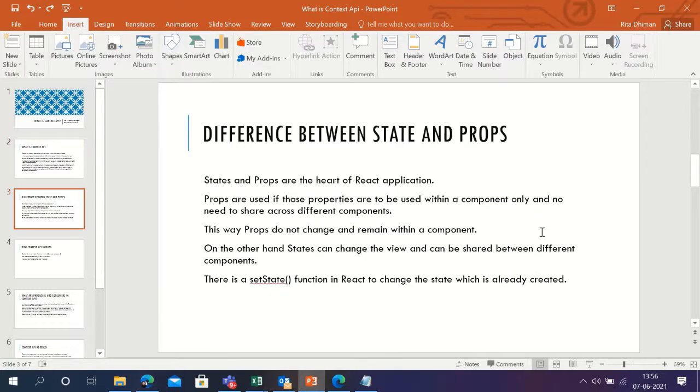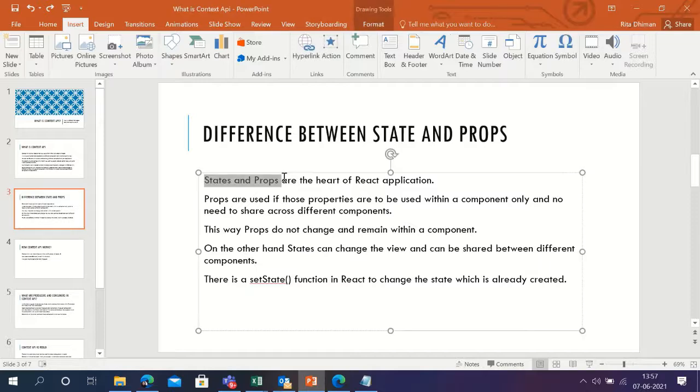Next question: I used two terms here, state and props. States and props are the heart of a React application. In every application you will find some states and props. Coders can get confused initially about what props and states are.